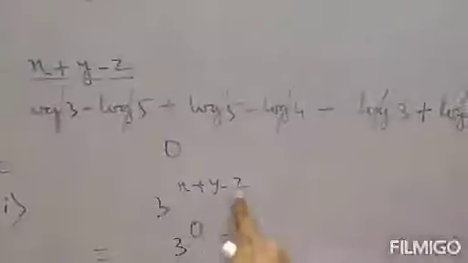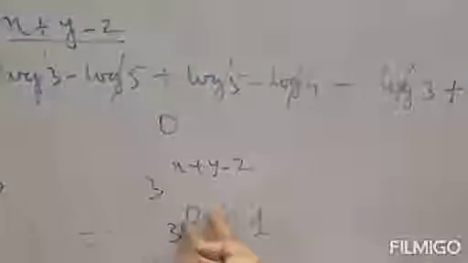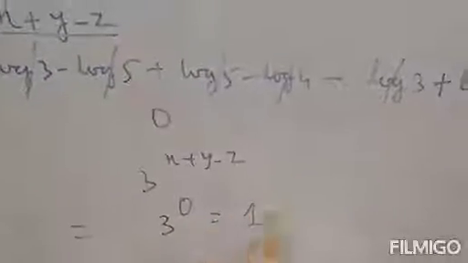Already we have deduced that x plus y minus z is 0. So here also x plus y minus z is given, so we will put the value and the answer will be 1. Something to the power 0 is also 1. Whenever the power is 0 for any number, your answer is 1. Clear? Next, question number 10. Question number 9 will be your homework.